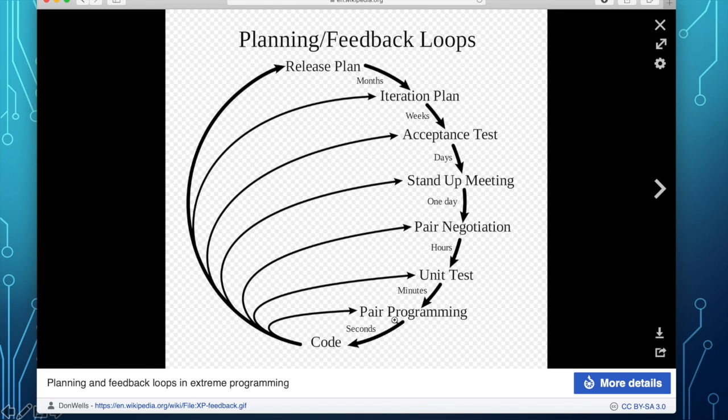observer. The coder codes, while the observer takes note of the code that is being typed, makes sure there is no typo and so on, but at the same time prepares test cases to test the code. Okay, so at the end of maybe seconds of the code being done, the unit test is done to the code.